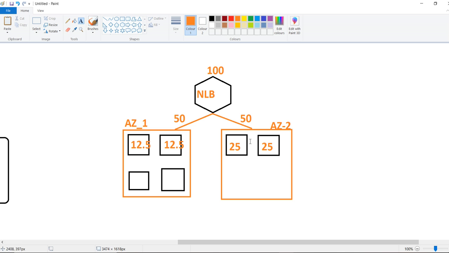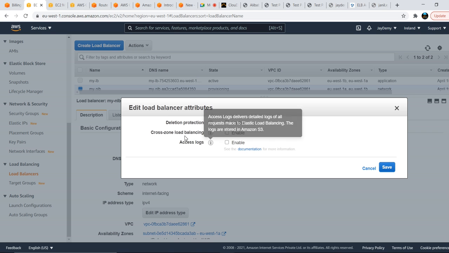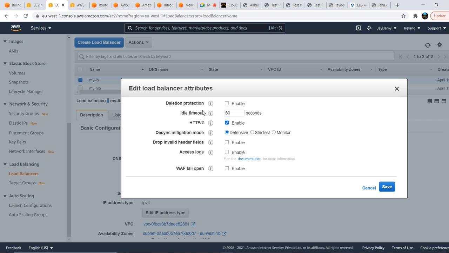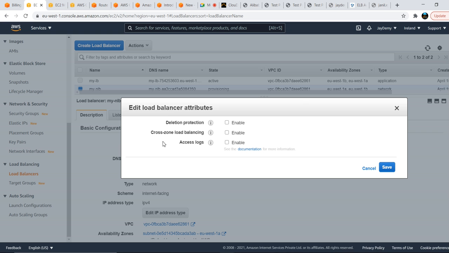If it is only 50, as per our explanation it is 50, but if it is real, then the load may rise, and our servers won't be capable of serving all the requests, not having the capacity to serve all of them. So that is the reason we have cross-zone load balancing in NLB. But in the ALB, that option is not there. That is the one thing you need to understand.